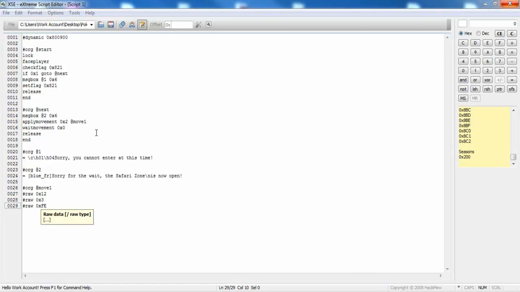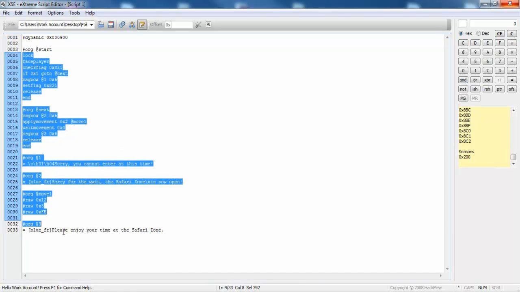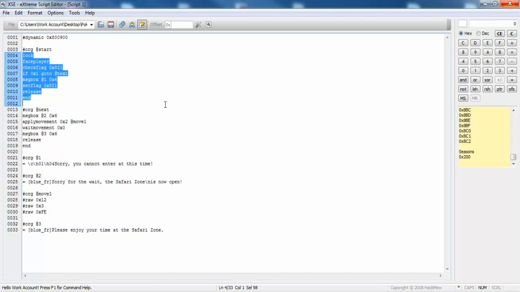And then we're just going to use another message box at 0x6, org at 3 equals blue_fr. So, please enjoy your time at the Safari Zone. Actually, I think that should be fine as it is. Okay, so now we have the whole script, but once again,